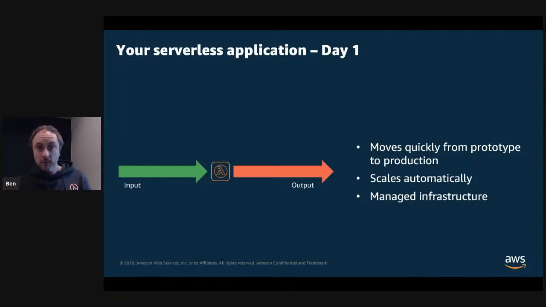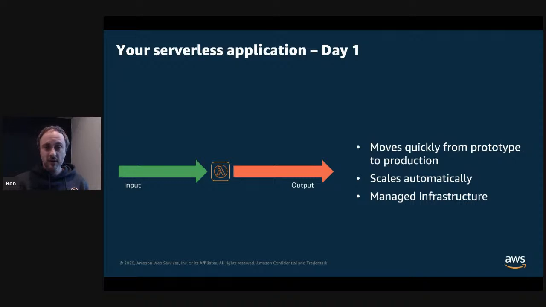A common story that we see a lot is that once a developer or a development team have experimented with Lambda a little bit, they've tried out some workload, maybe they've played with the event-driven model, and then they start to build their application prototype.